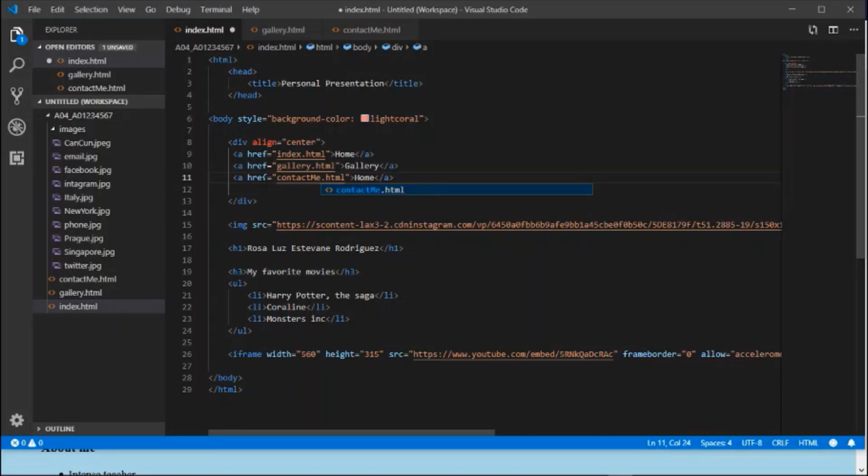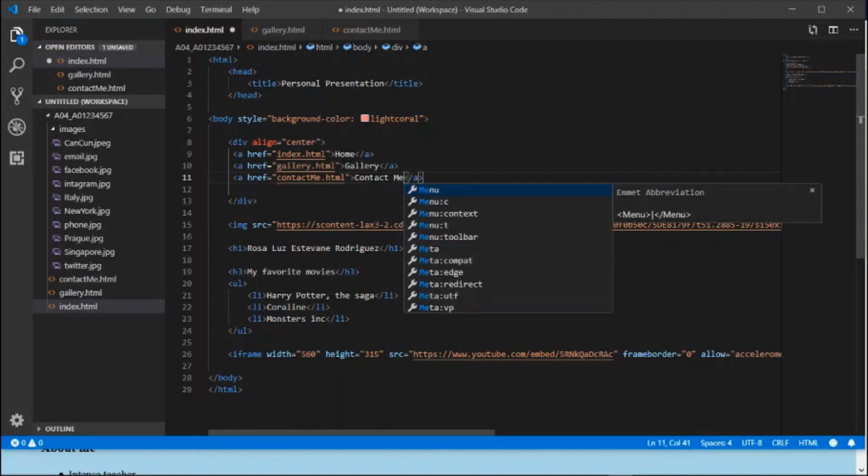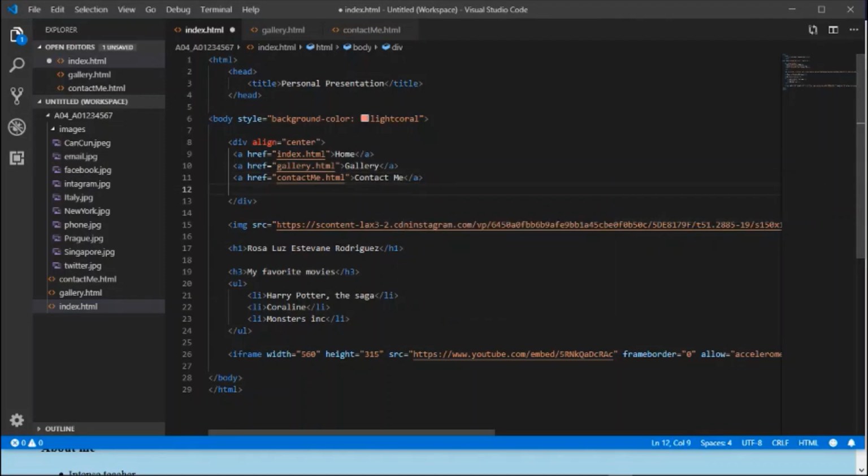Be super careful with the upper cases and lower cases, because it matters here. The browsers are super picky on that. And then I'm going to call this option contact me. Guess what? Contact me. Once you're done with this,